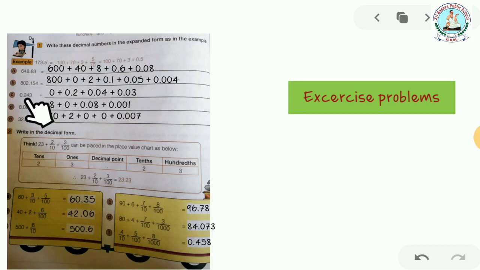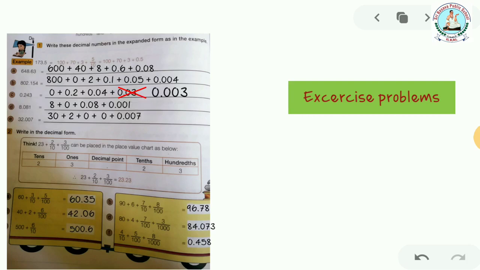Let's move on to the next example. First of all, here the whole part has already become 0, so that's why I write it 0. Now let us write the expansion form of the decimal part. So the place value of first digit, that is 2, is 0.2, and the place value of 4 is 0.04, the place value of this 3 is 0.003. So I mistaken here, you write it as 0.003, because this 3 is in thousands place, so that is why its expansion is 0.003. I have missed one 0 here, but you write one more 0 here.